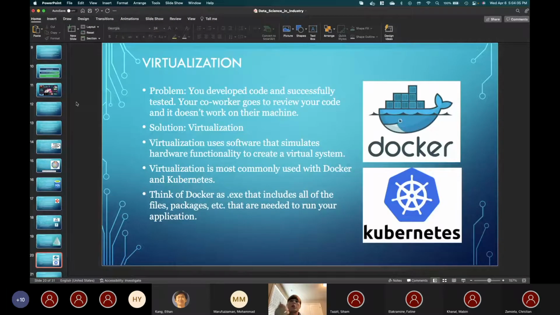So when I use virtualization software like Docker, what it's really doing is I put all of the stuff that I need to run my application into a Docker file, and then it essentially boots up a new version of an operating system on your machine, so that anytime anyone runs that Docker file, they get all of the files, all of the packages needed to run your application,